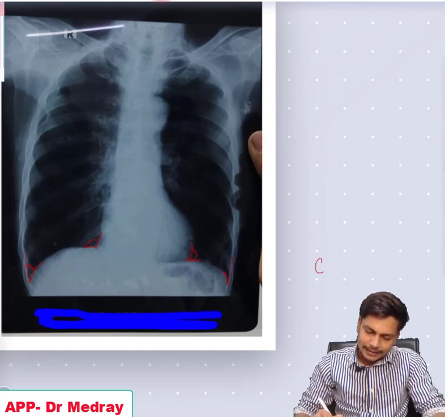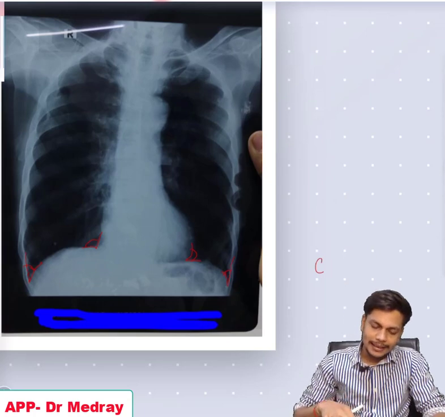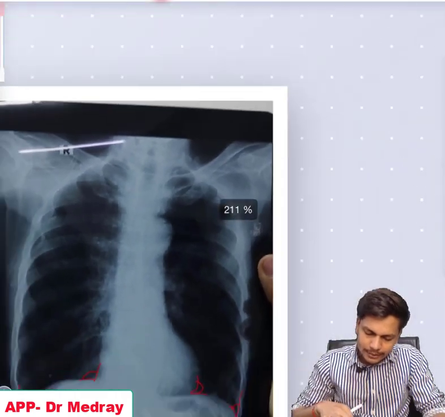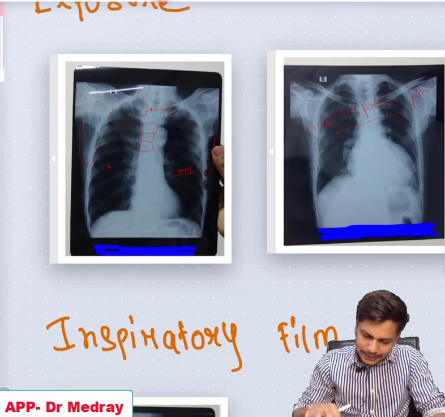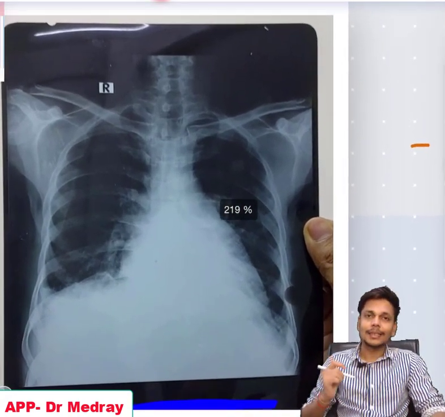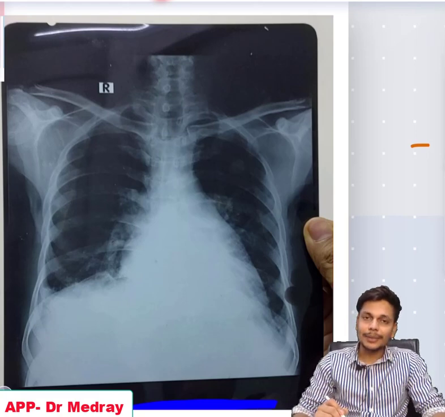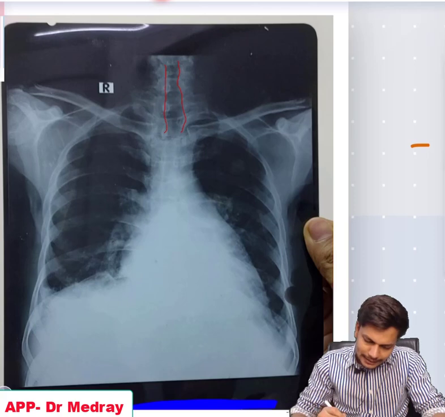And this angle is a costophrenic angle. One more angle you can be asked here is the subcarinal angle. So where is the subcarinal angle? Can you see here in the trachea? Normally the trachea contains air, so it will be black. So can you see here the trachea or the margins of the trachea? So this is the trachea